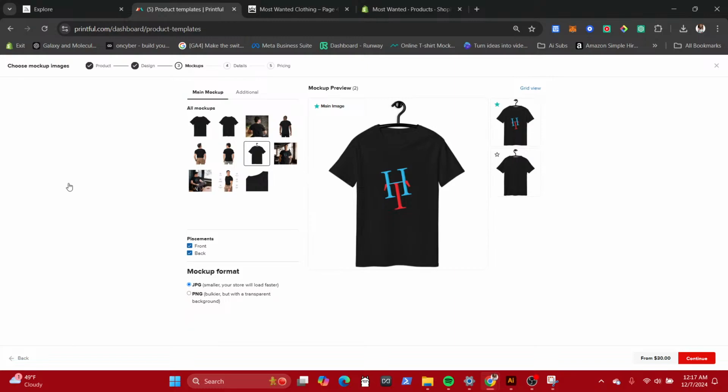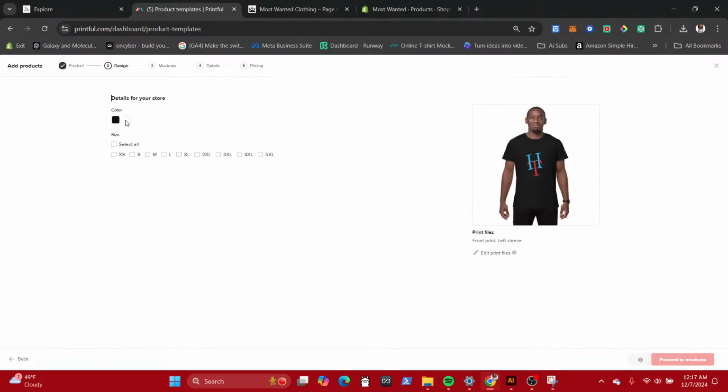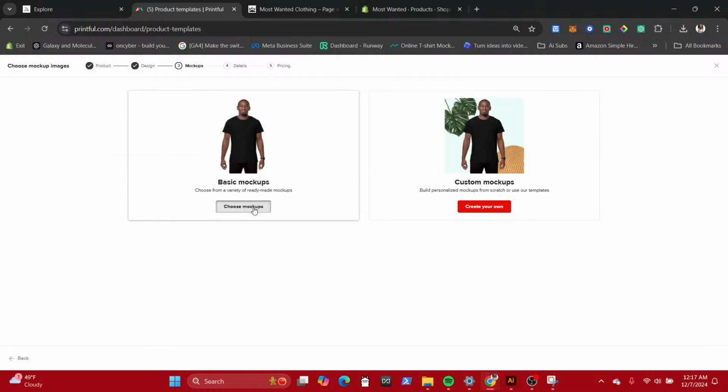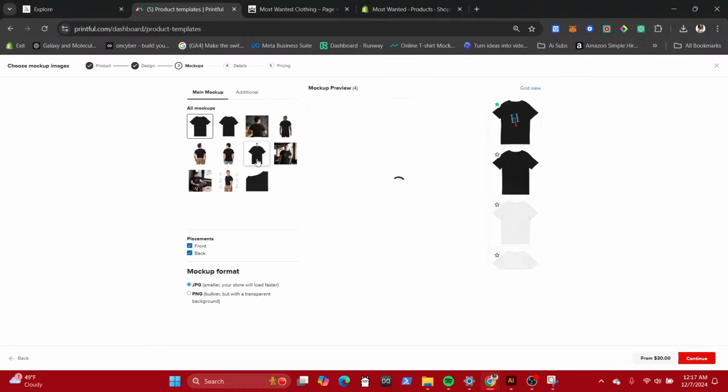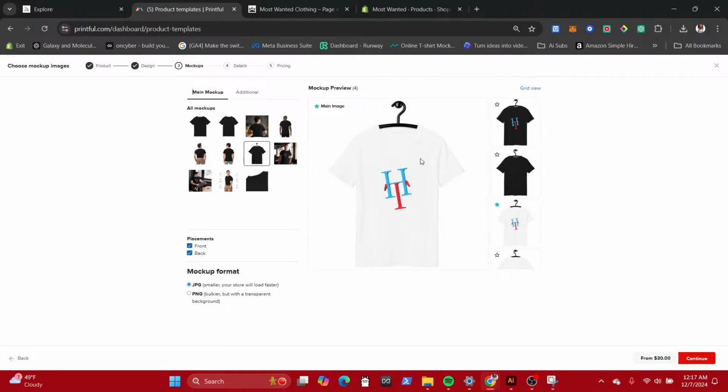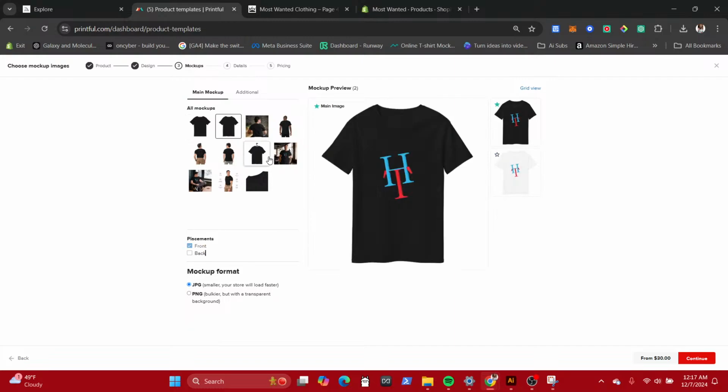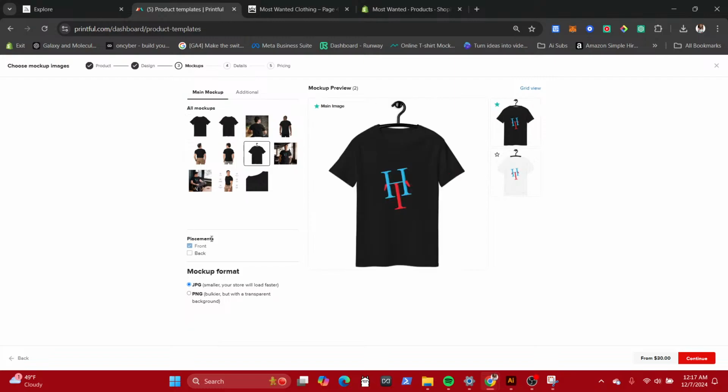I don't have the white one. Sorry. Go back. Got black, white. Mock up. White. Yeah. No need for the back. Oh, I forgot, you actually can't see the side from here.